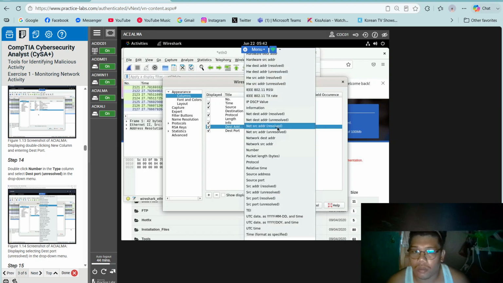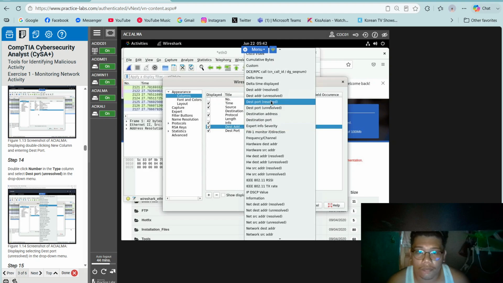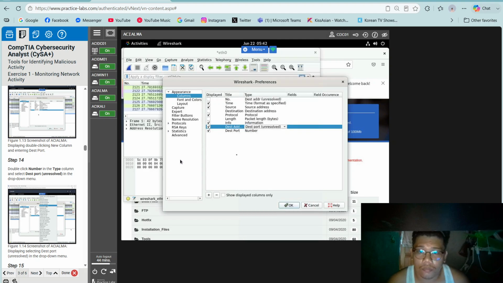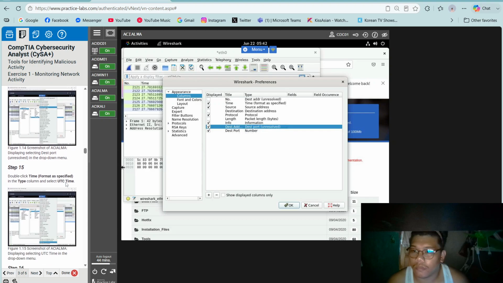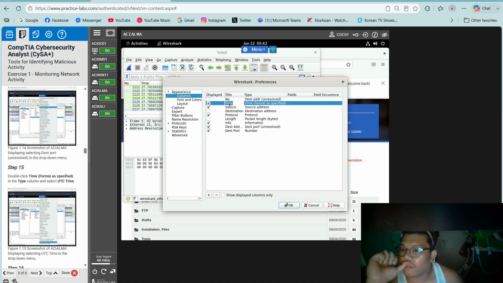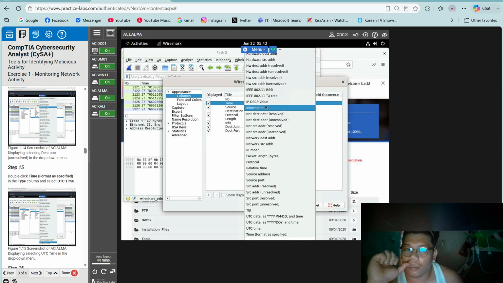Then select the drop-down Dest port unresolved. So step 15, double-click Time. Then select UTC time.